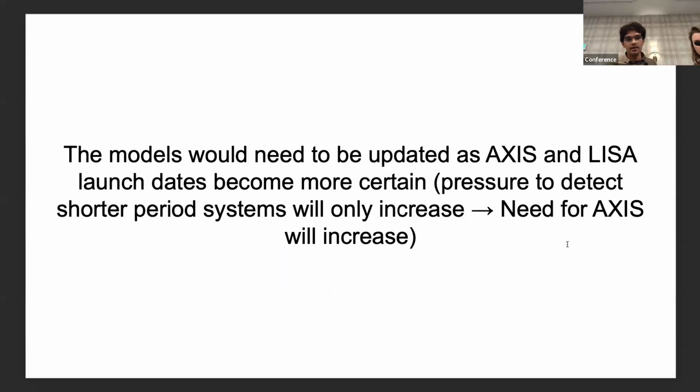Again, this whole thing, the time scale of an hour or 2,000 seconds or 1,000 seconds, is based on the assumption that you're detecting these QPEs now, and then in 15 years from now, they'll move into the LISA band. But again, AXIS will launch in the 2030s, so one would have to update this whole work. But that would only increase the pressure because you'll be really closer to LISA. That means the time scale for these QPEs would be even shorter, so it'll be shorter than 1,000 seconds.